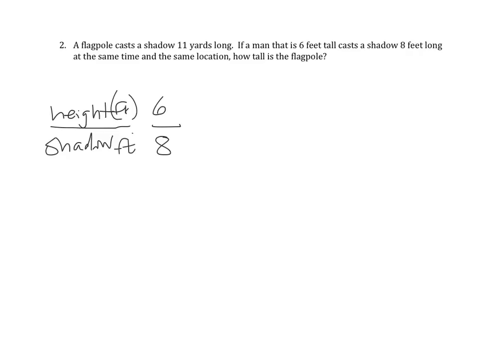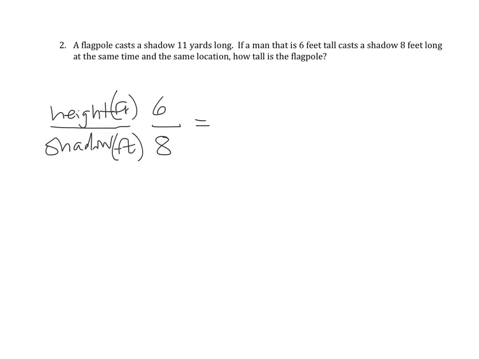So how I'm going to set my proportion up is I'm going to talk about the height of the man over the shadow. So I'm doing the height of the man or the object over the shadow. That's how I'm setting mine up. So the man is 6 feet. I'm going to write over here that this is in feet, so they know. And the shadow is 8 feet. All right, so then now I have here,